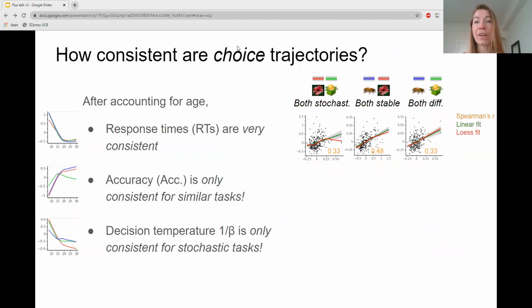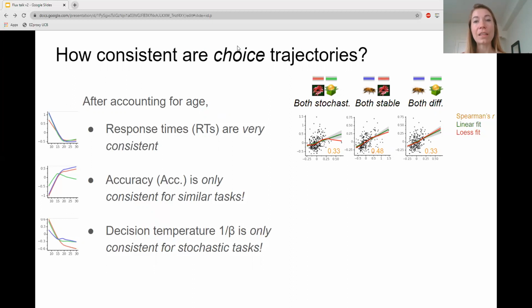You've seen that RTs are very similar across tasks because they all drop in the same way. So of course, we can predict RTs from participants' age, and we can also predict RTs in one task from another because they both can be predicted by age. But we wanted to know how similar are RTs after controlling for age. So the first thing we had to do was to clean RTs of age. We did this by regressing RTs against age. The RT residuals now reflect individual differences in RTs after removing the effect of age.